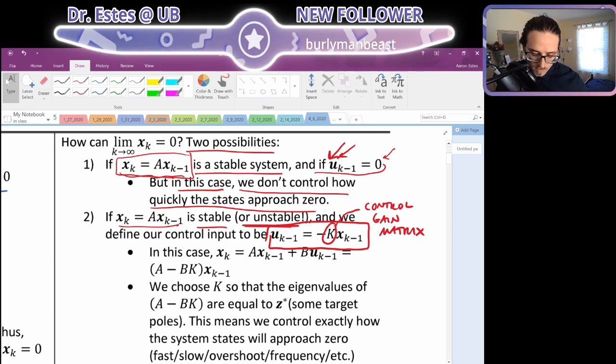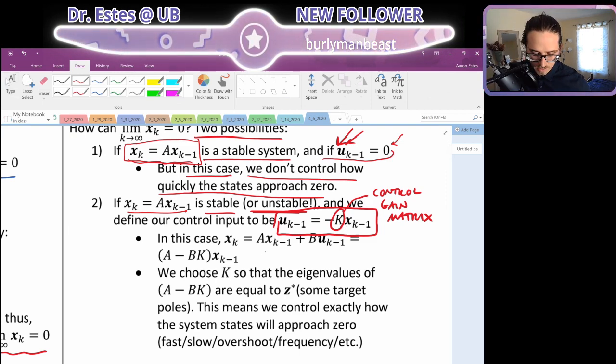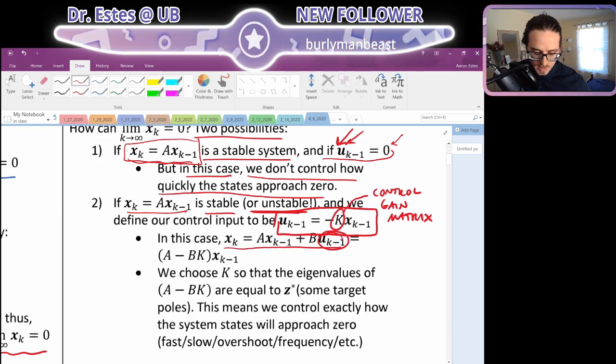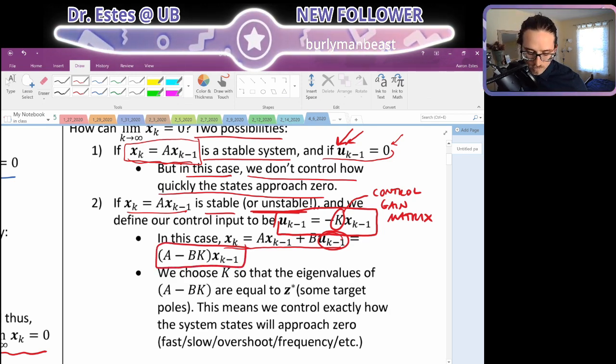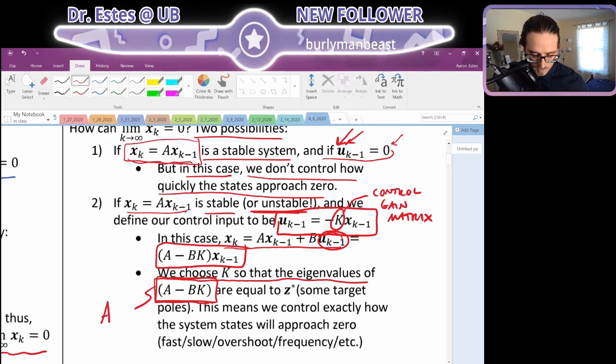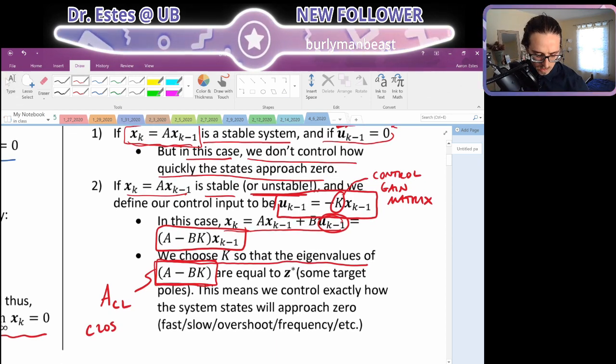So if you set U equal to minus the gain matrix times your states, then that means that our state equation, if you make that substitution in there, it's going to be A minus BK times your states. So we choose this gain matrix so that the eigenvalues of this A minus BK, which I like to call our A_CL, the closed loop system matrix,